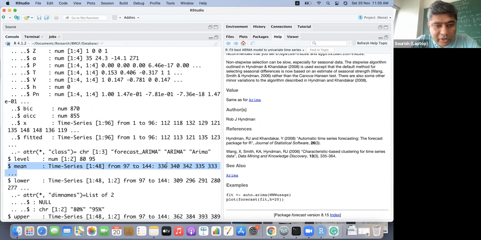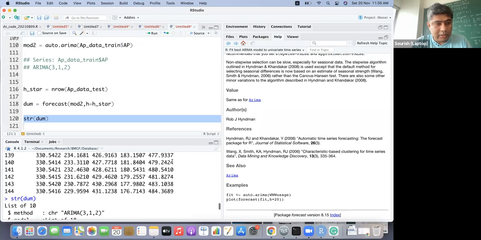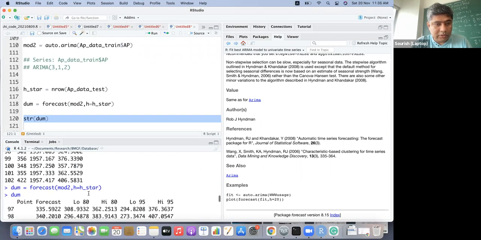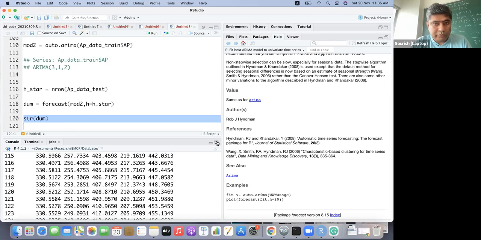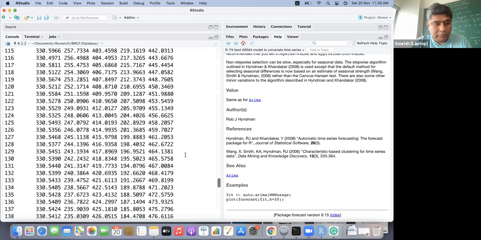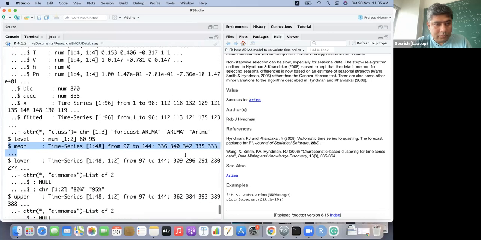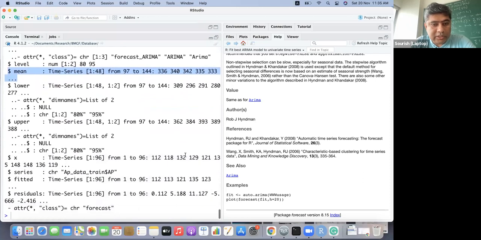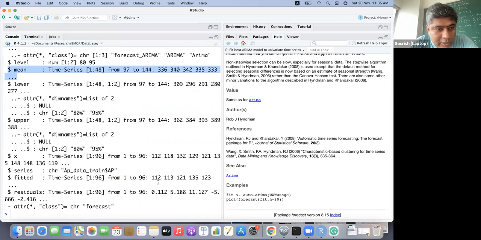336, 97 to 144. I think this is 336, 340, 341. This is the lower, this is upper, or this is the fitted series, X series, residual series.